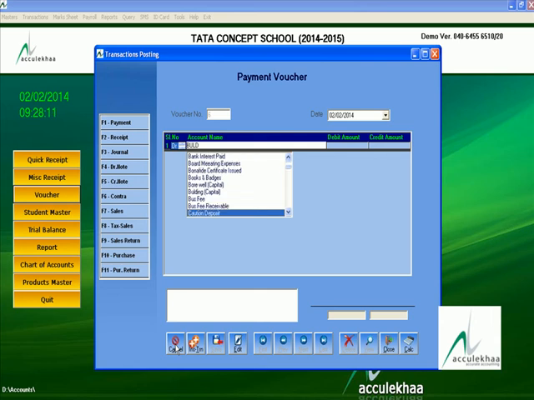Building capital, building. Salary to teaching staff.